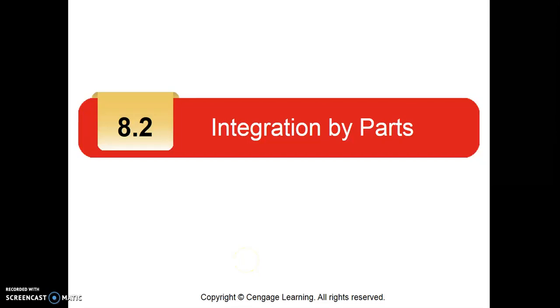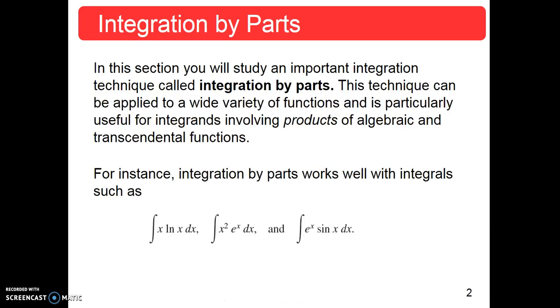Okay, so in this video, we're going to talk about a method for integrating that's called integration by parts. Integration by parts is very useful when you have an integrand that is a product of two functions. So down at the bottom of the screen, you see some examples where it might come in useful. You've got x times natural log x, or x squared times e to the x, or e to the x